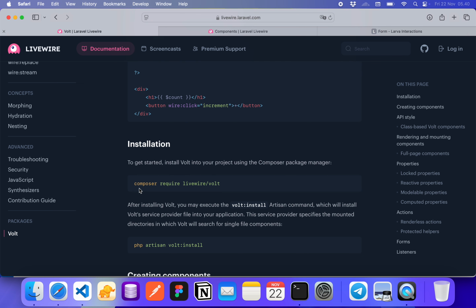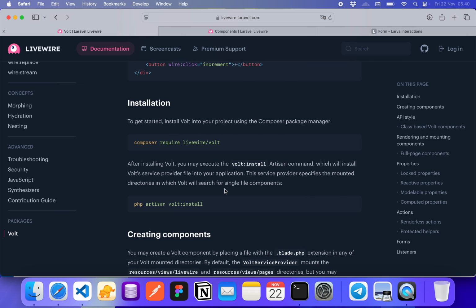The requirement is you just run composer require livewire/fold. After that, you run fold:install, which will add the fold service provider into your application. This service provider specifies the mounted directories in which fold will search for single-file components.